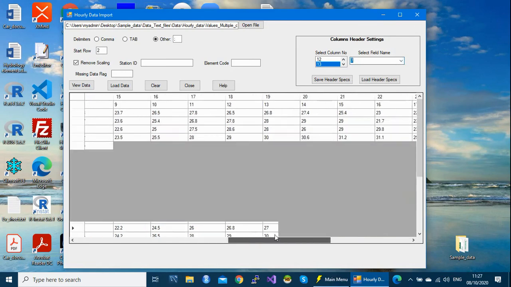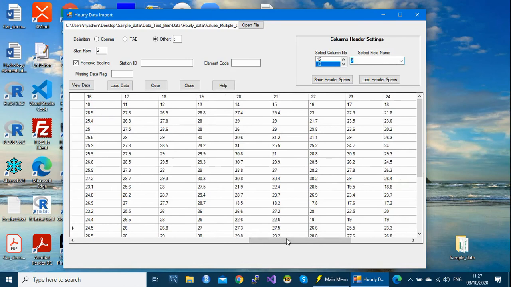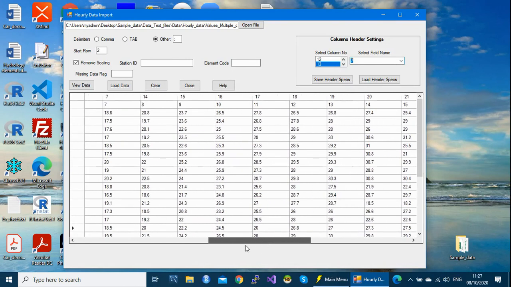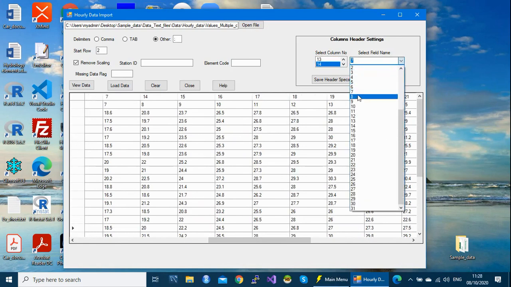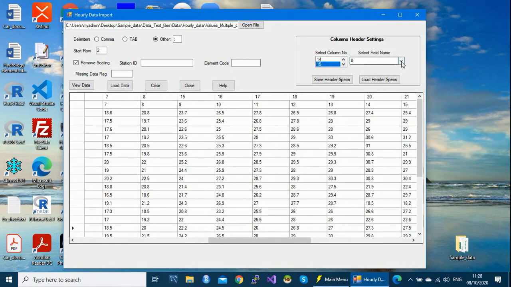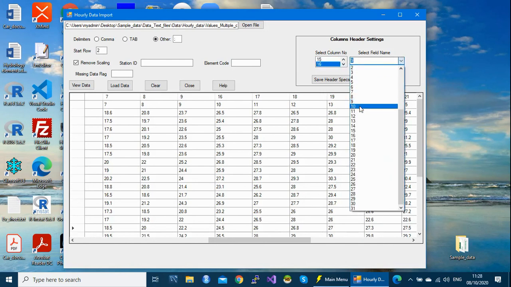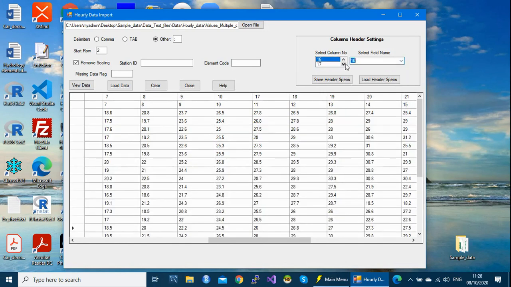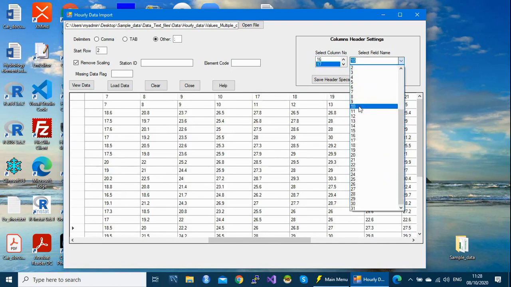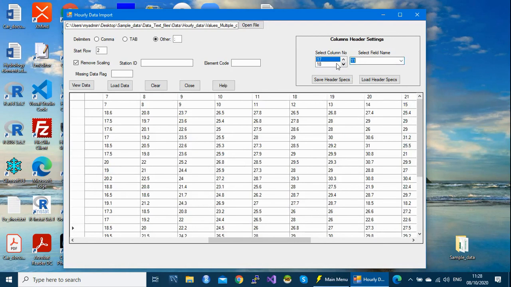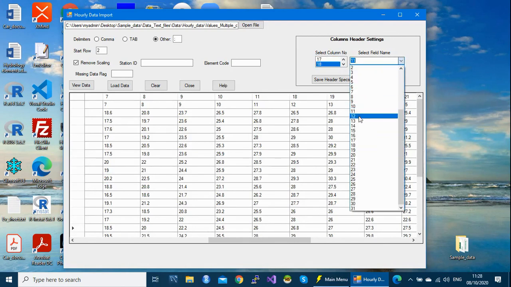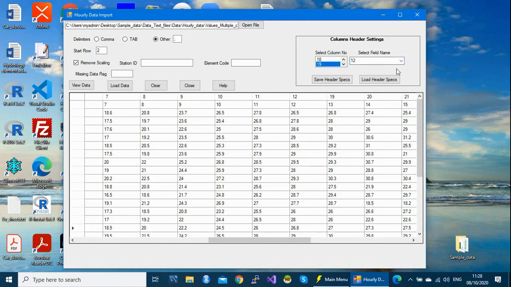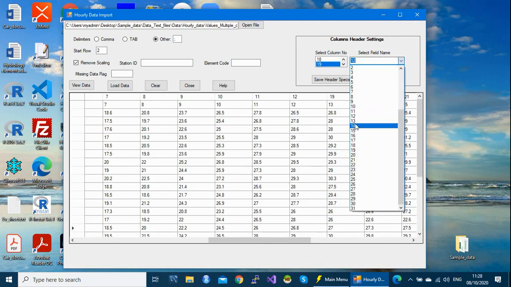You scroll to view more data. 14, match with our 8. 15, 9. 16, our 10. 17, 11. 18, 12. 19, 13.